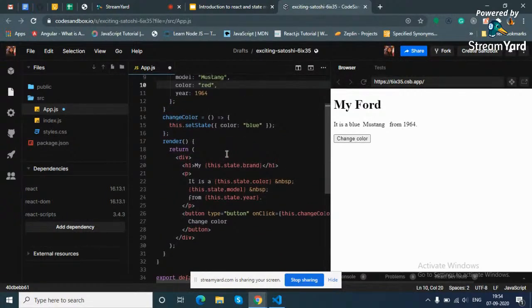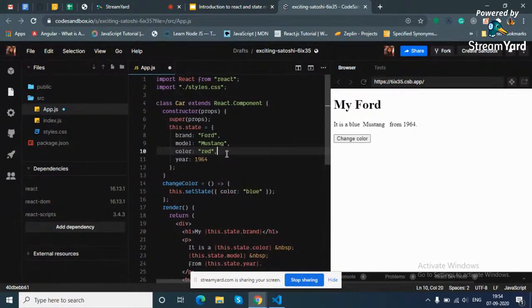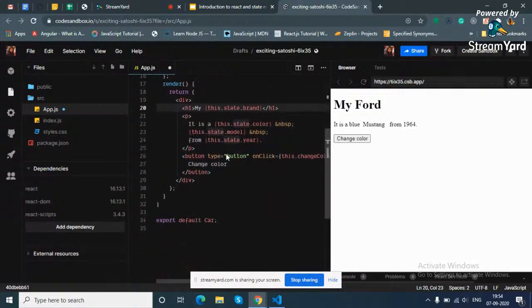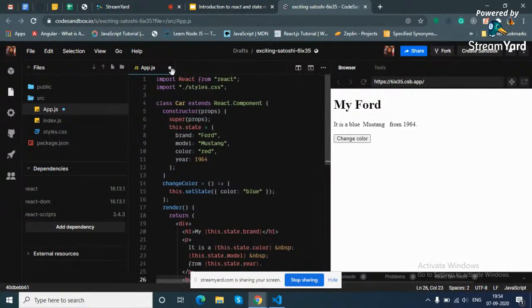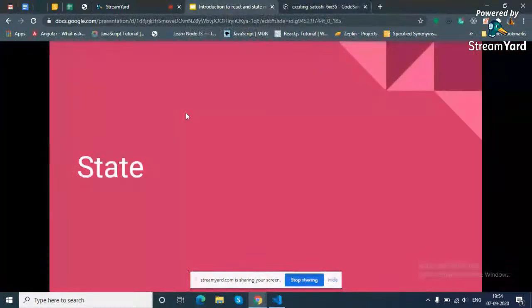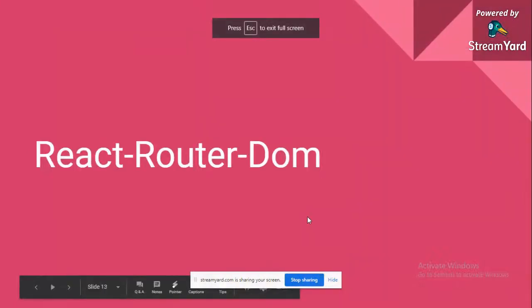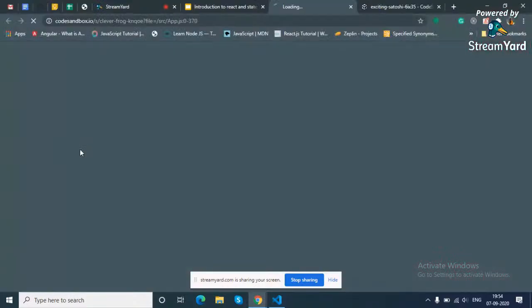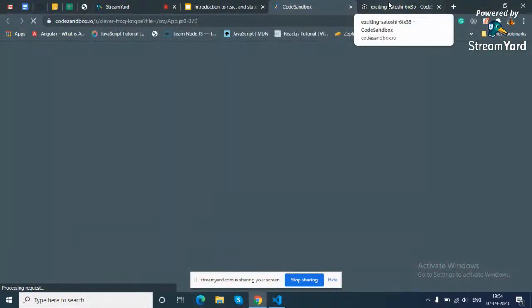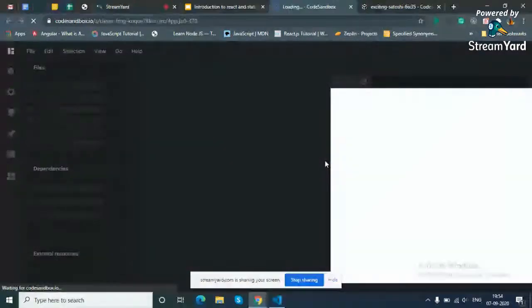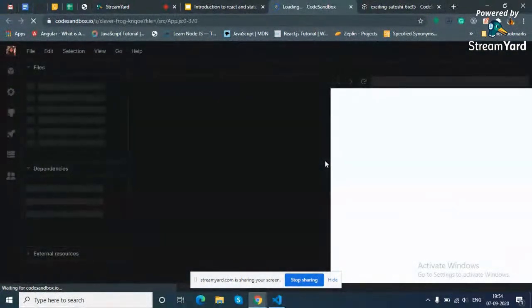I'll share the links afterward, or I'll share the slides so you guys can look at them. Okay, let's move ahead. After state, I have props, with an example for this. So what are props? Props are keys, or properties or values, which you can pass to other components if they need them, like a parent-to-child relationship. So props are used